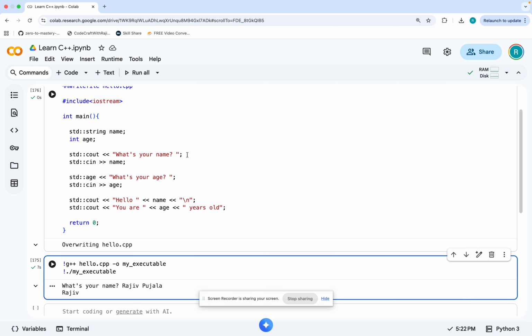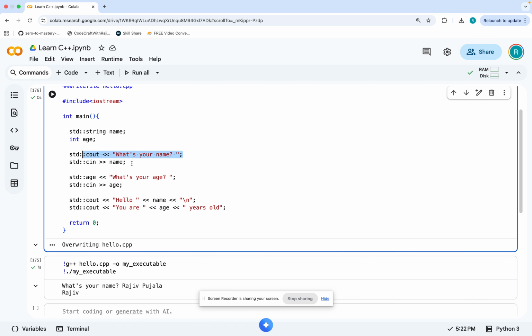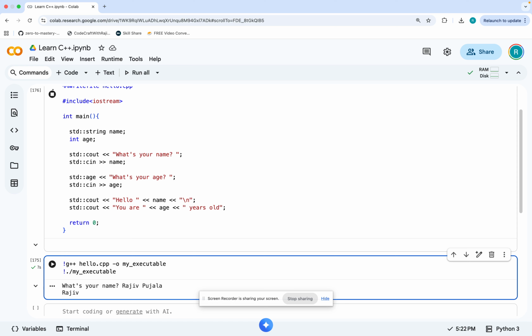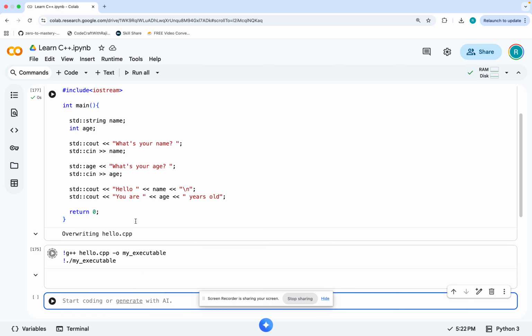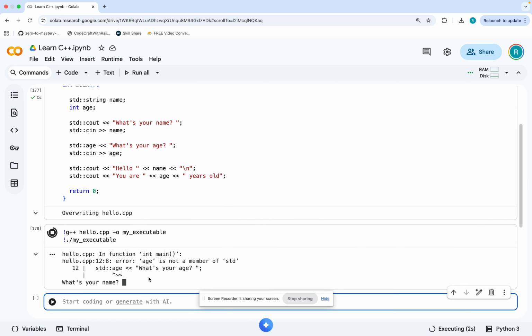So we have asked the user to enter the name, so that once the user enters the name, it will be stored in the name variable. Likewise, we have asked the user to enter the age, and once the user enters the age, it will be assigned to the variable age. So I have run this one, and once we execute,